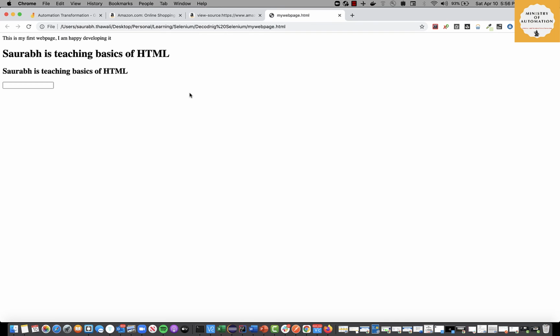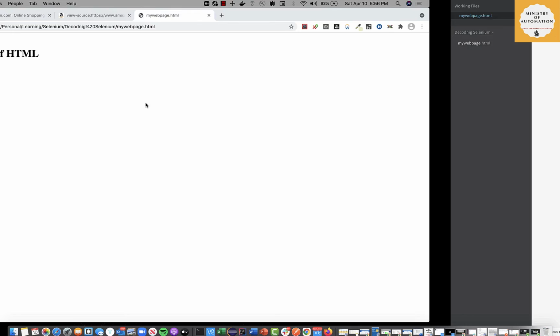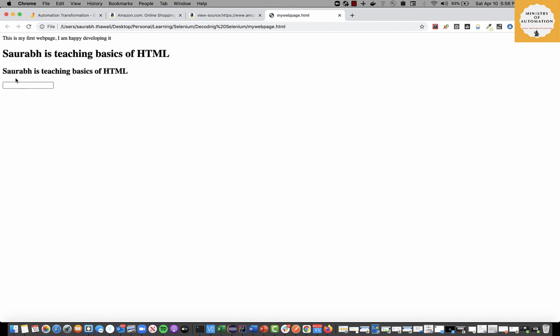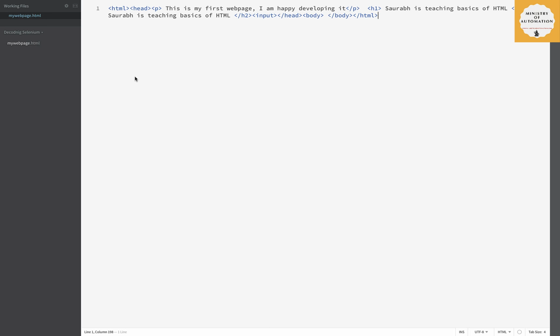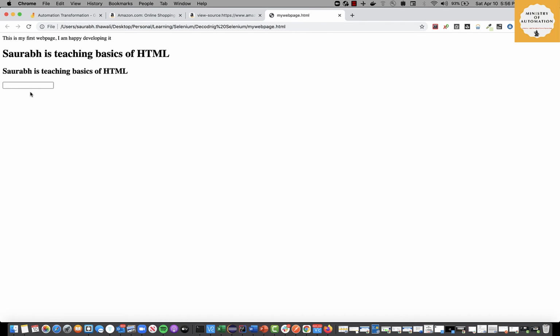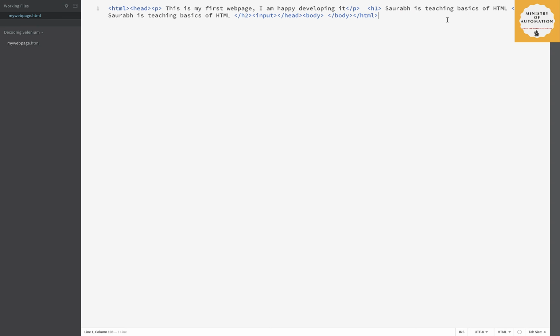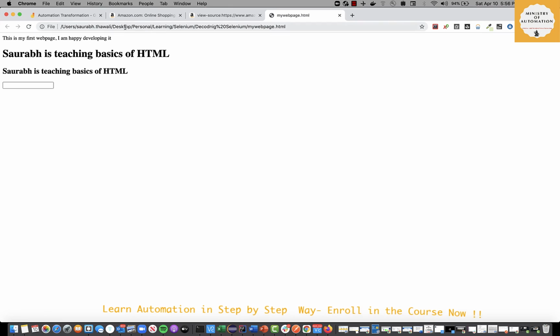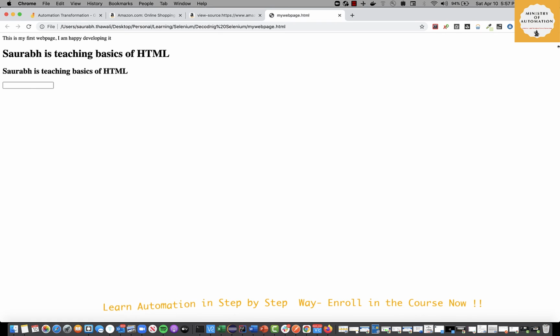What I mean to say is, there are some students in my class who said, hey Saurabh, you have written an input tag after the p tag, which means by giving spaces, that's why it's appearing here. And I asked him, if I give 10 spaces in my code, will that input line move 10 spaces down? And he's like, oh yeah, why not? That's why I'm asking you guys: if I write the entire code in one single line, and after the p tag I immediately have an h1 tag, do you think all this information will also get displayed in one single line next to each other? I want an answer from you guys. Pause the video, just type and comment.